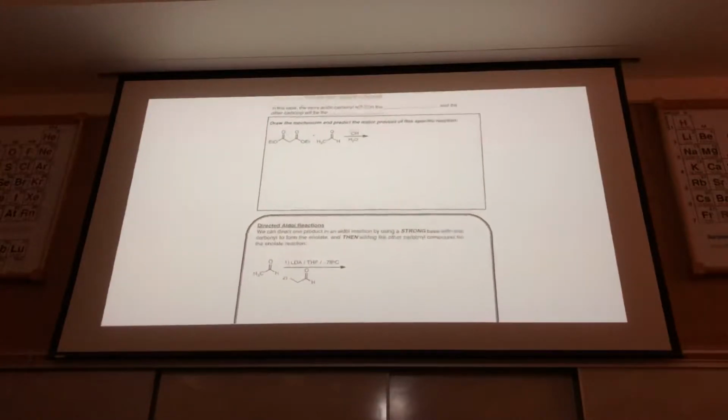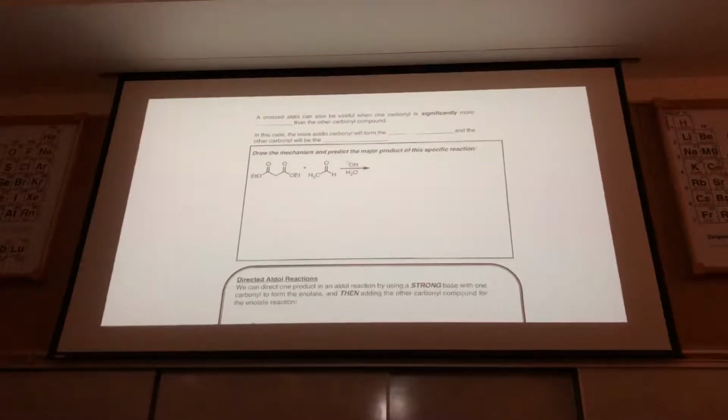So another way that we can use a crossed aldol by design in a very efficient way is if one of the alpha H's is significantly more acidic than the other carbonyl compounds. So of course, the one that's more acidic is the one that will be removed to form the enolate, which leaves the one that's less acidic to be the electrophile. So case in point,